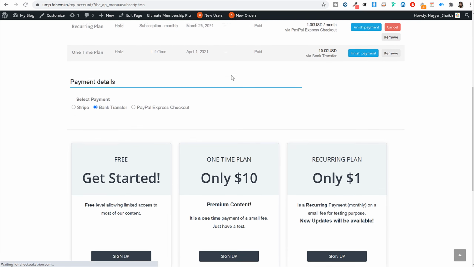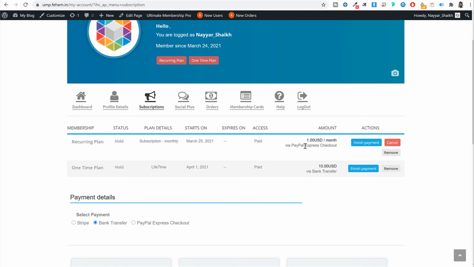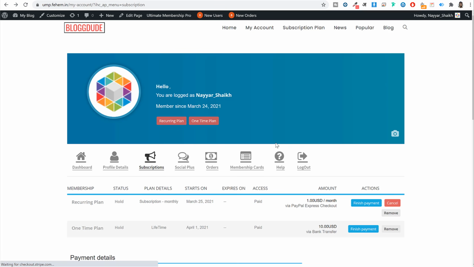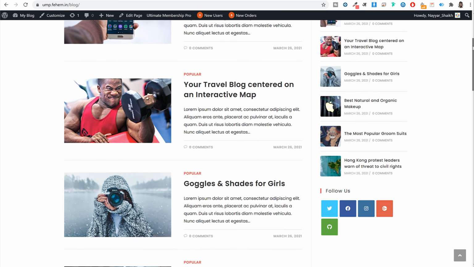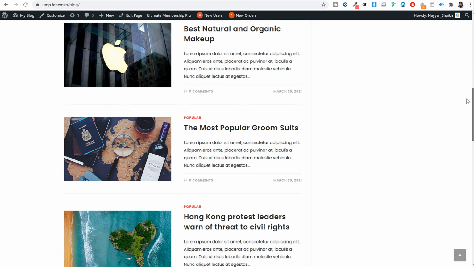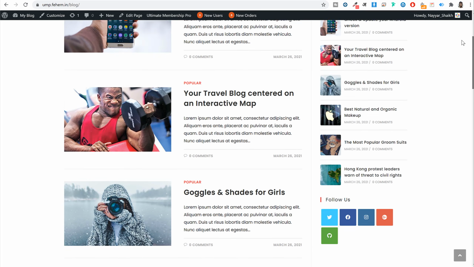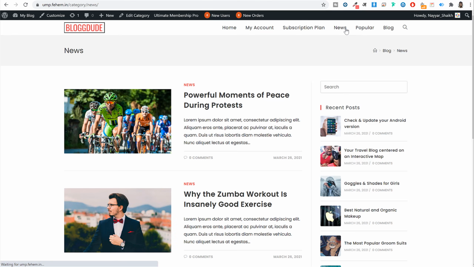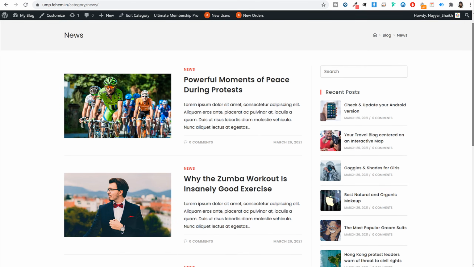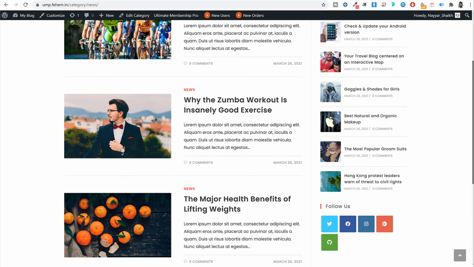Then we'll see how to enable social login. So if users or visitors on your website want to sign up or sign in using different social media platforms like Google, Facebook, LinkedIn, they can do that. Then some more features include menu protection, coupons creation, free or paid trials, email marketing, drip content, and many more features. Obviously, I'll explain all these features in complete detail later on in this video.